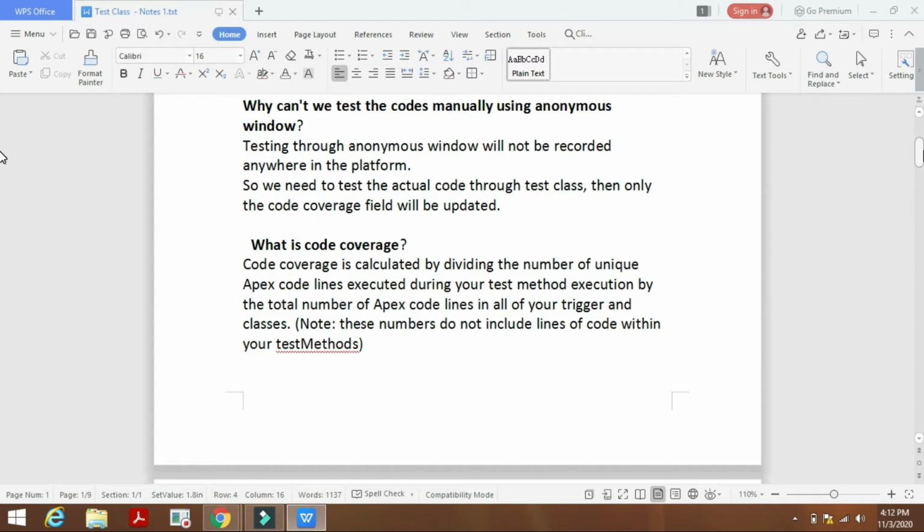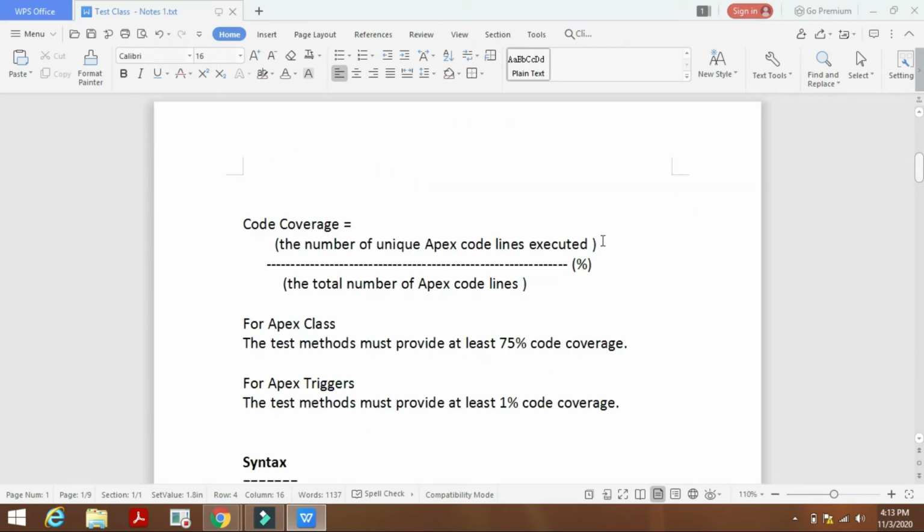So what is code coverage? Code coverage is calculated by dividing the number of unique Apex code lines executed during your test method by the total number of Apex code lines in all of your triggers and classes. Okay, so this is the formula for code coverage.